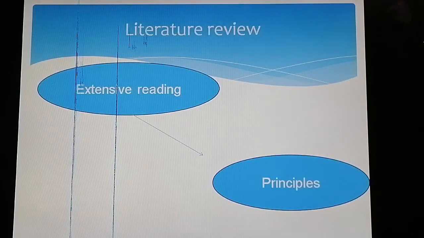To understand this research, it is necessary to define some concepts. The first one is extensive reading. It involves reading large quantities of material or readings for general understanding. According to Day and Bamford, there are 10 essential principles to foster extensive reading in a foreign language classroom, which are the following: